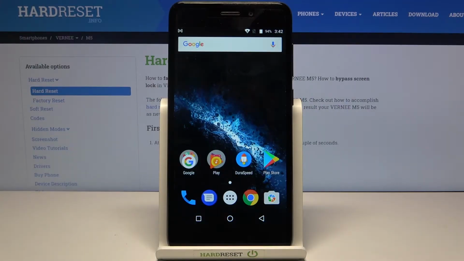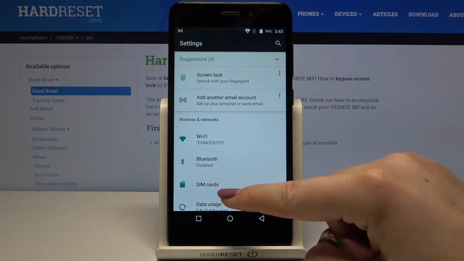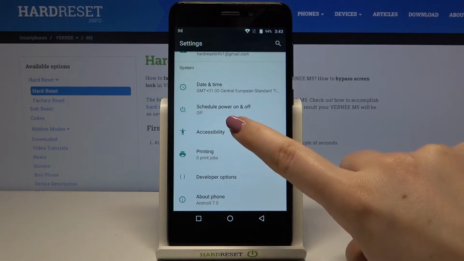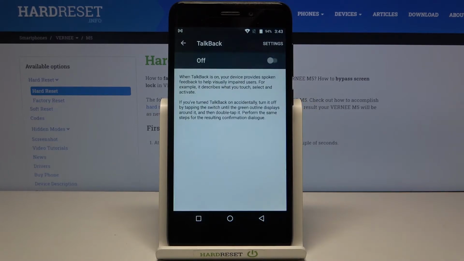Hi everyone, here we've got VERNEE M5 and let me share with you how to enable the talkback mode on this device. So first of all, we have to find and open the settings, so let's do it. And here we have to scroll down to actually the very bottom and find the system section where we've got the accessibility, so let's enter. On the very first position we've got the talkback, so let's tap on it and now